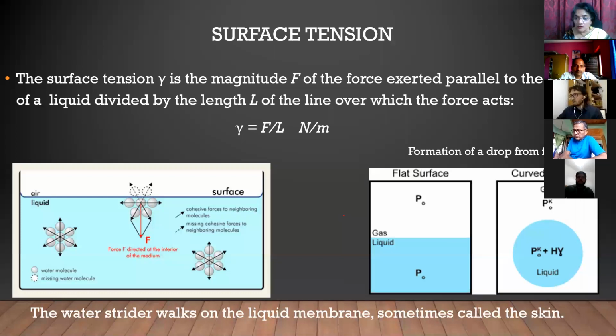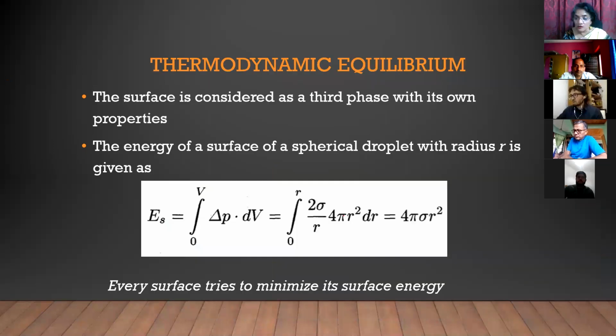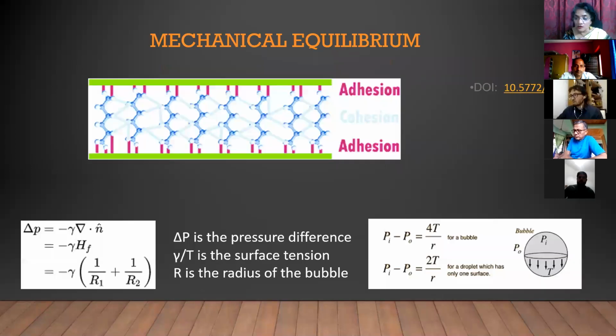So this, in terms of physics, is understood in two ways. One is the thermodynamical equilibrium, which is given as the energy minimization. The equation is there. But basically, one way to look at drops is that these are minimum energy structures. But there's another way to look at it, which is to look at them as a mechanical equilibrium. We all have studied in school what is cohesion and what is adhesion. That is, cohesion is the intermolecular forces between like molecules, and adhesion is the force between unlike molecules.